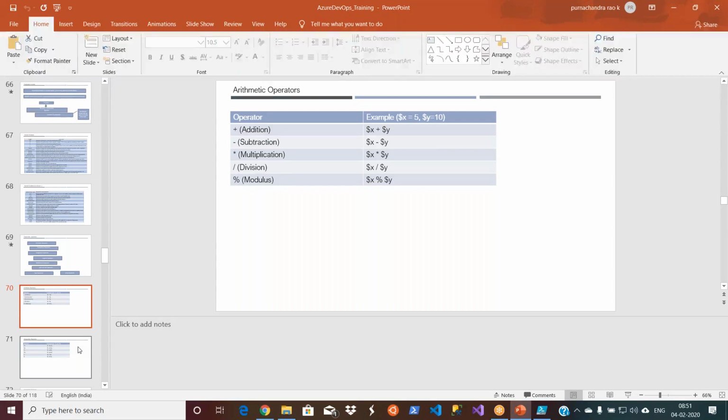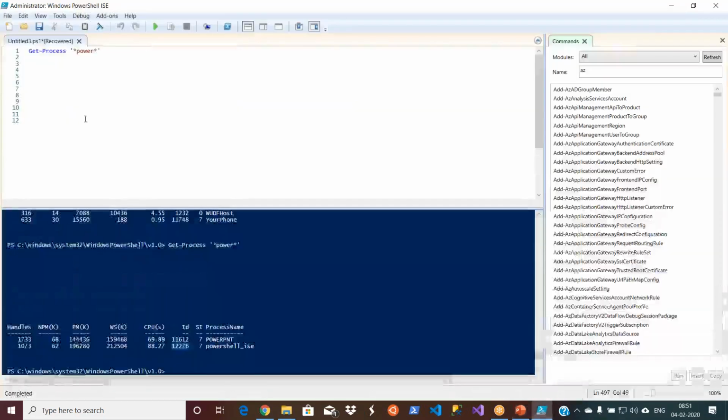It's very easy. Since we already covered how to create a variable that starts with a dollar sign, your arithmetic operators are no different: plus, minus, etc. You can write $x + $y. I gave spaces for readability, but in some other scripting languages, space also matters. Here it is not like that, so don't worry about that. Let's go and do some arithmetic operations. I'll do one and then you can do the rest.